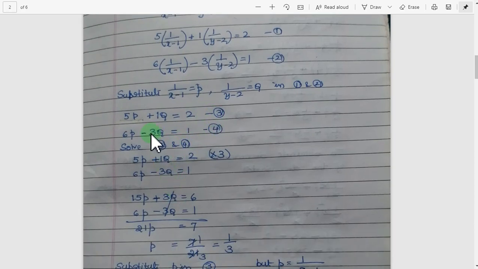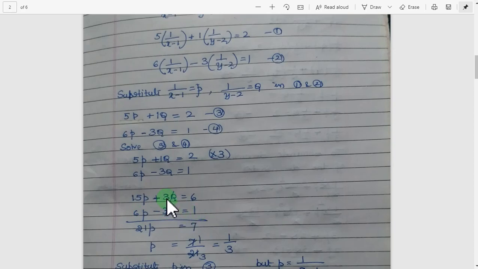Again here the coefficients of variables are not the same. The p coefficient is not the same, the q coefficient is not the same. So now I am equating the coefficient of q, because here 3 is there, so it is easy to multiply. For only one equation, if you multiply, the coefficient will be equated. So I am multiplying 3 for the first equation. So 5 3s are 15p plus 3q is equal to 6. You need not multiply the second equation. Already we got 3 here, already 3 is there. So as it is, writing 6p minus 3q is equal to 1.